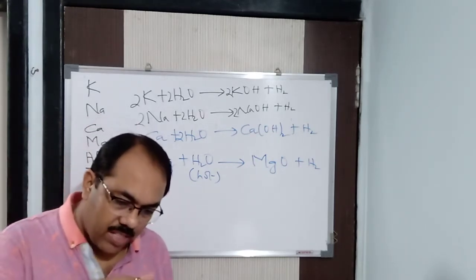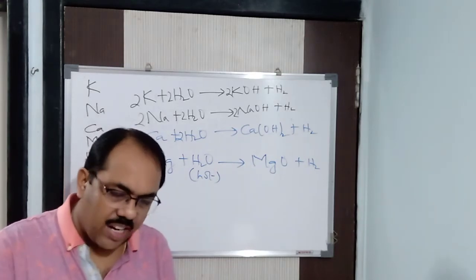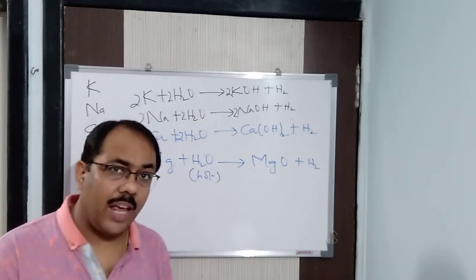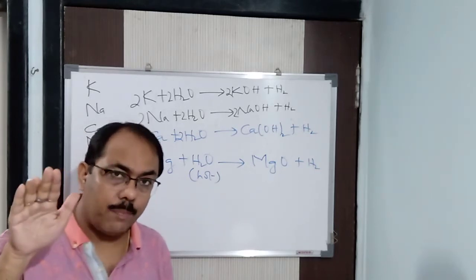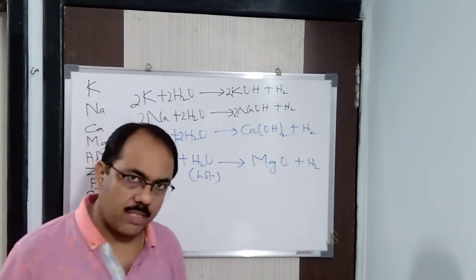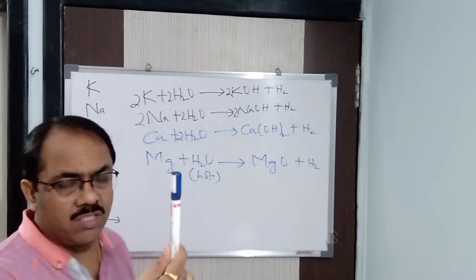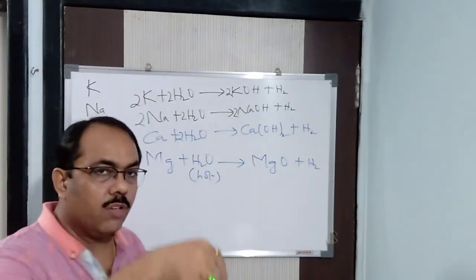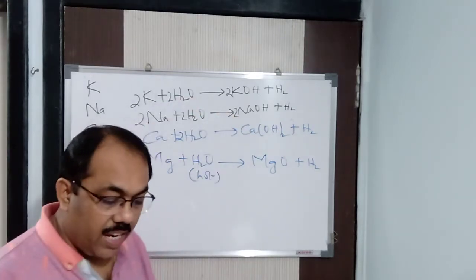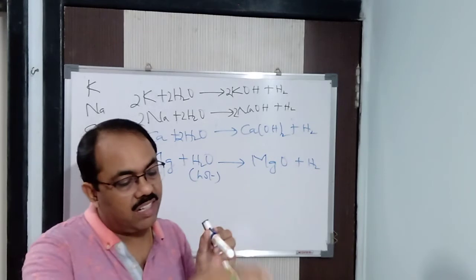Because over the surface of magnesium or zinc or aluminium, a layer of oxide forms which prevents further reaction with hot water to liberate the hydrogen gas. Again I repeat, let us say this is magnesium, or zinc or aluminium. Now when I put it into hot water, initially you will get some hydrogen gas according to this equation. But after that, the oxide layer settles over the surface of this particular metal.